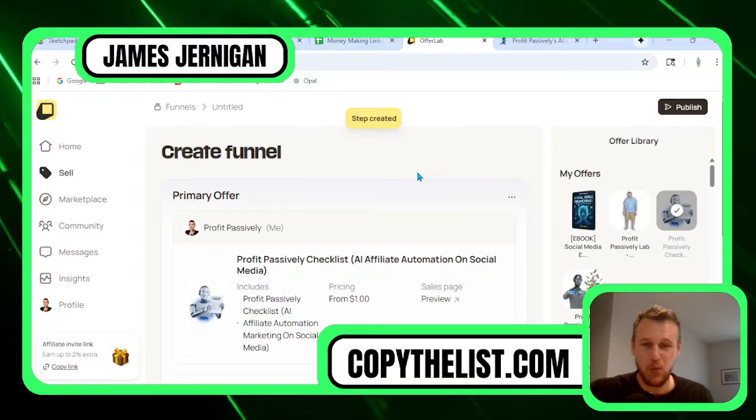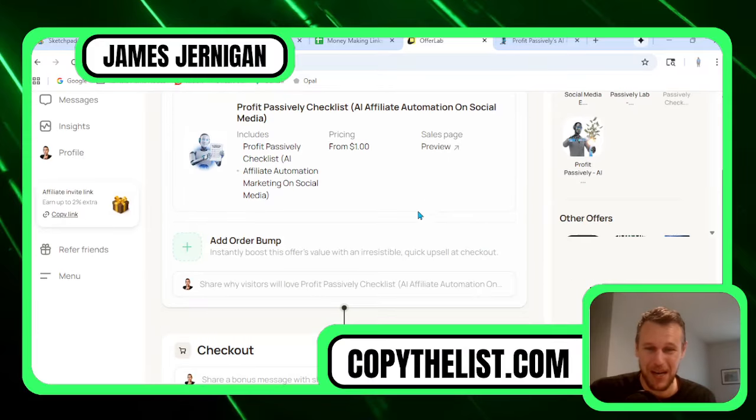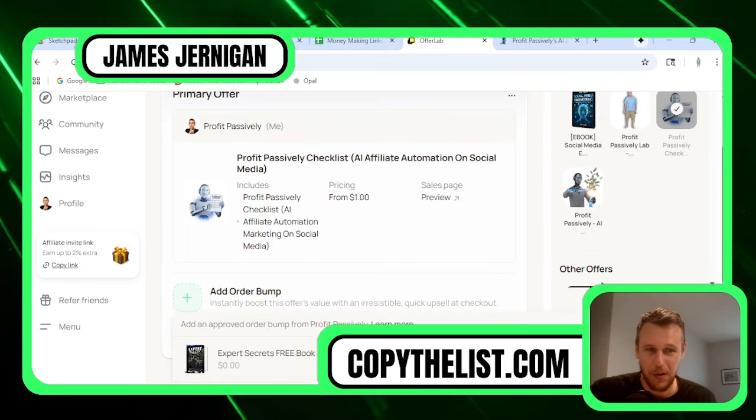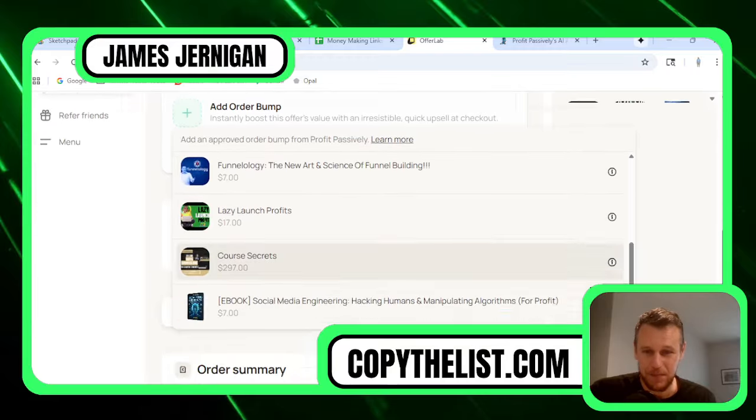And again, you get to keep 100% of the money from this. So it's only $1, which means it's easy to get people to take out their credit card and buy it, because who can't afford $1, right? So they take out their credit card, they spend $1, and you get to keep that $1. That's it. But now you can see that we can add an order bump. So we can add an order bump here, and then I can select my ebook.